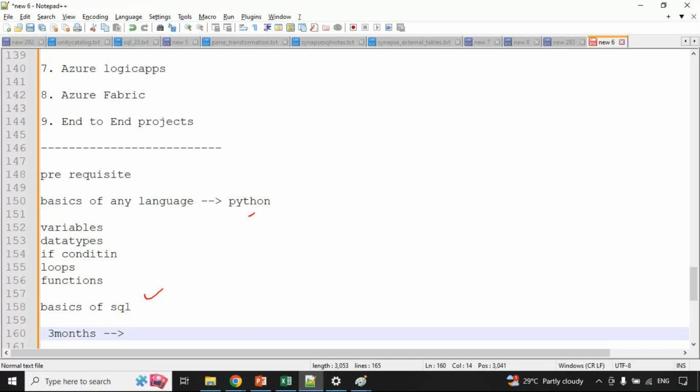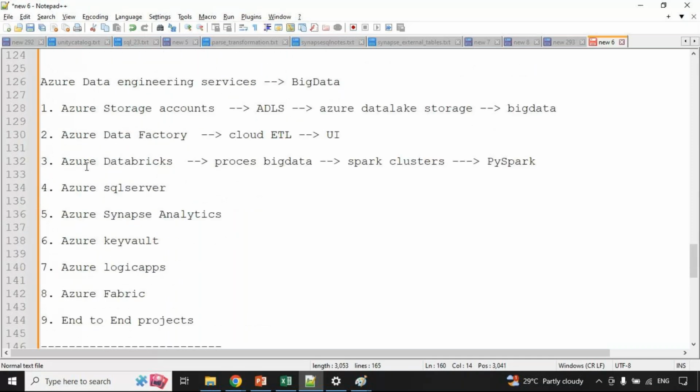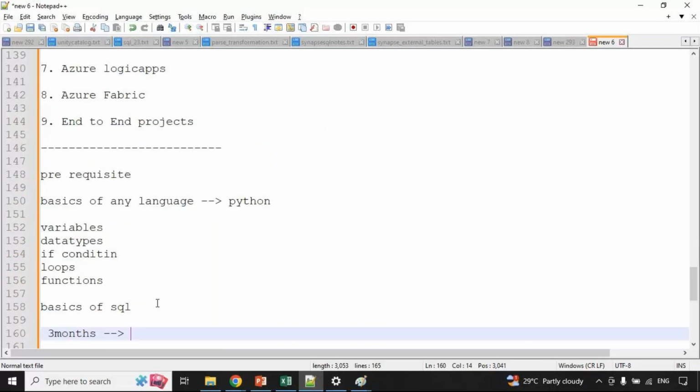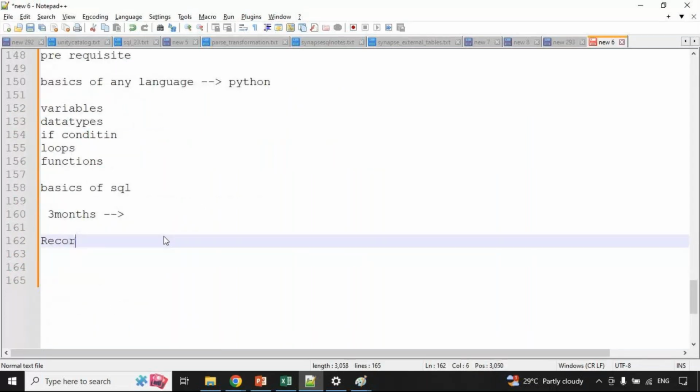So some people say Azure data engineering course is 3 months, and there they discuss Python and SQL for 1 month like that. But I will provide Python and SQL as recording sessions. That is completely spoon feeding. Even 5th class, 6th class students have completed my Python and SQL sessions, guys. And everything else I'm going to cover here itself, in the live sessions. After each session, every day I'm going to provide the recording, guys.